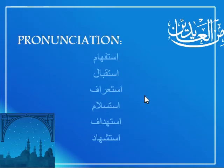Okay, so again, here we go. Here are those same words. Now, in these cases, we all have the masdars. And how do we make them? Simply by putting an alif here. So, this one is